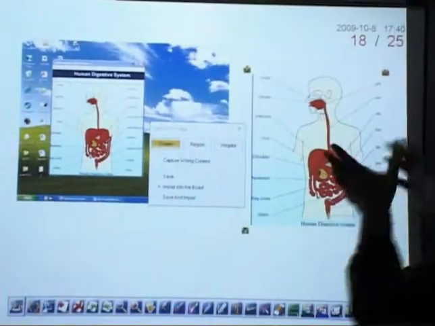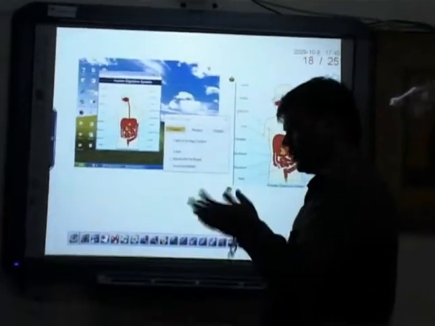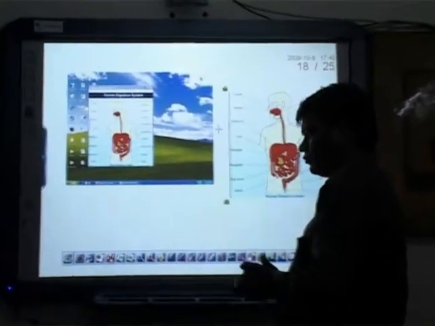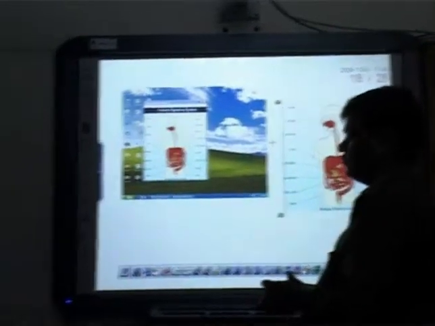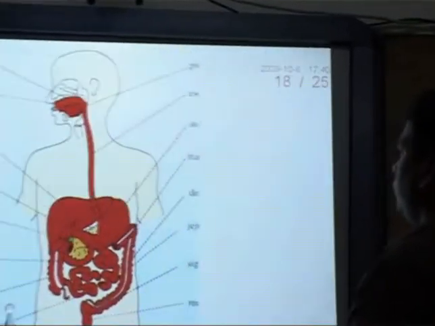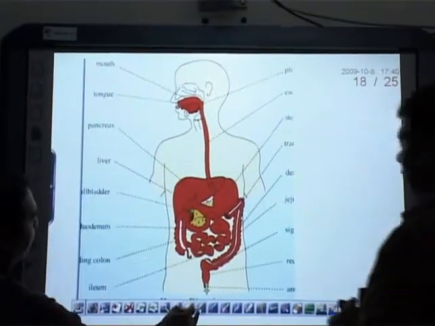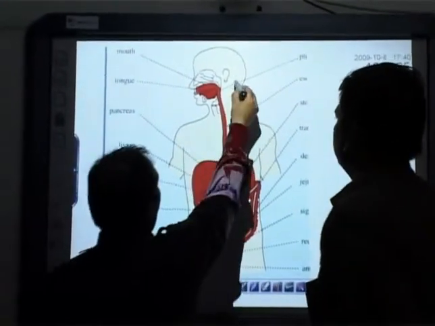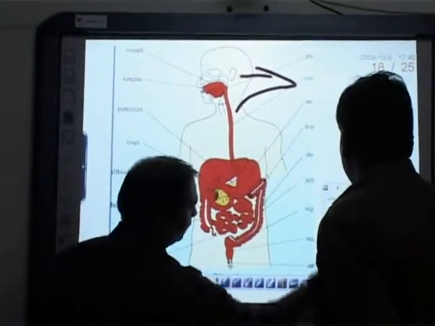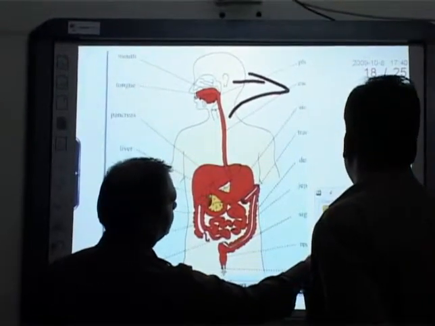So I can cut any particular part from my internet file or any file? Yes, any file, any object like PowerPoint, Internet Explorer, My Computer, JPEG, any kind of file you can import, from PowerPoint also. And if you want to zoom in and zoom out, we can see the image like this. If you want to make some annotation, suppose you want to explain about that particular area, you can select that area, select a marker, select the width of the pen, select different colors of pen, and straight away you can mark it.